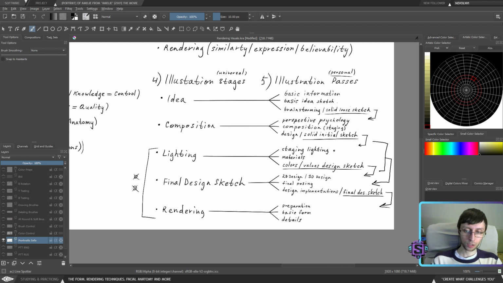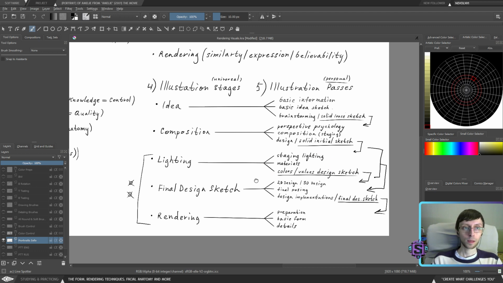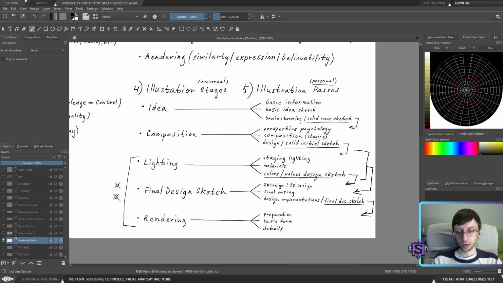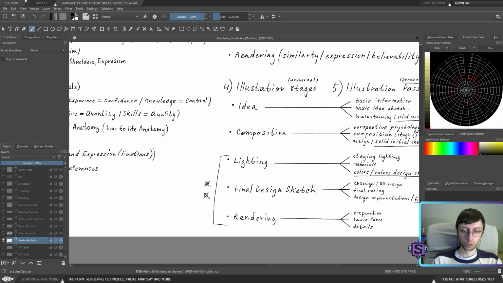Maybe we'll right away start to work with colors right here, not with values separately, but again, creating the relationships of all of them. Because as artists, we need to learn how to see values with colors, not separately. And again, we're going to talk about this throughout the creative process.